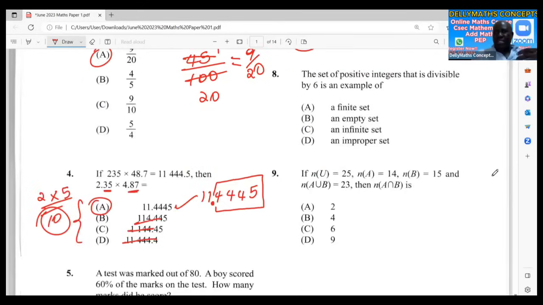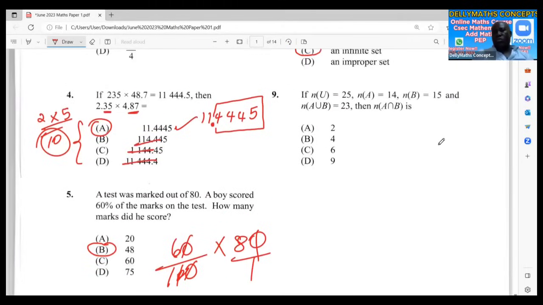A set of positive integers that is divisible by 6. So this is numbers that would go to infinity, numbers that 6 could go into without a remainder. We can't tell how many, right? For this one here,